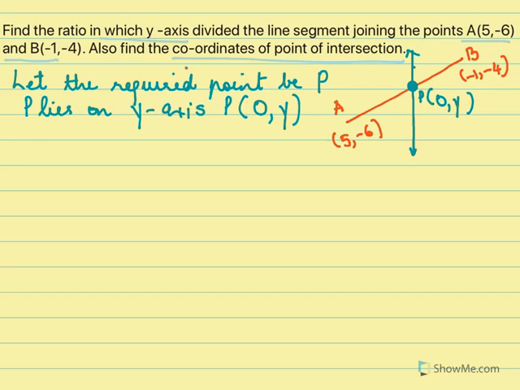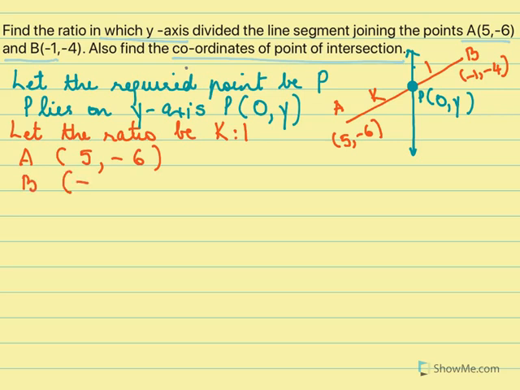We have to find the ratio. So let the ratio be k is to 1. Here I have point A (5, -6), B (-1, -4), and point P (0, y) lies on AB. So by the section formula,